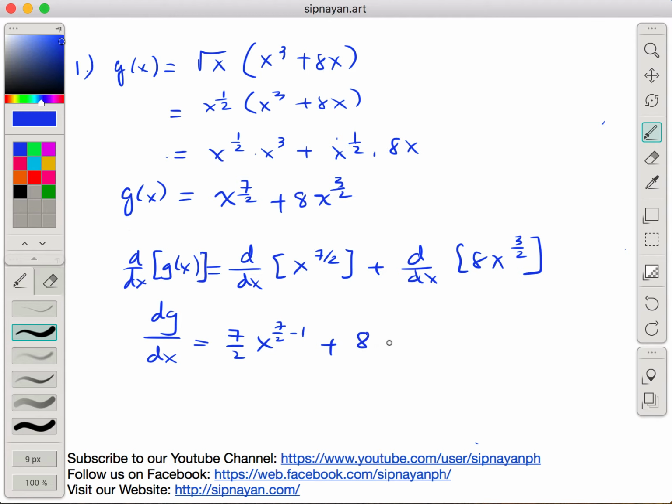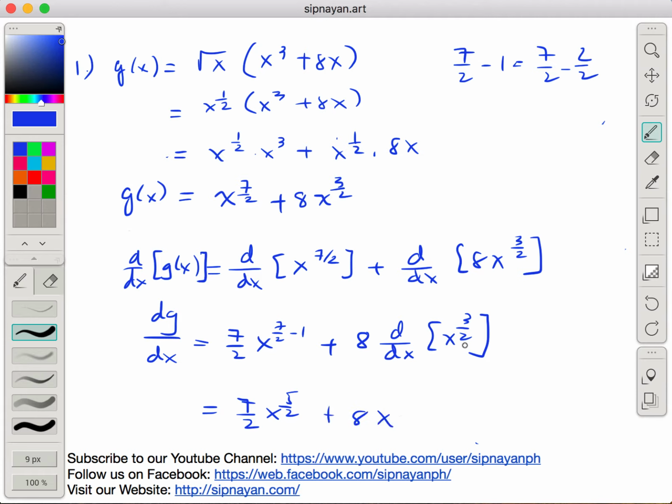I have 8. Kunin ko yung derivative ng x to the 3 halves. This is by the constant multiple rule, no? Naalala nyo? So, magiging 7 halves x. What is 7 halves minus 1? 7 halves minus 1 is the same as 7 halves minus 2 halves, 5 halves. And then plus 8